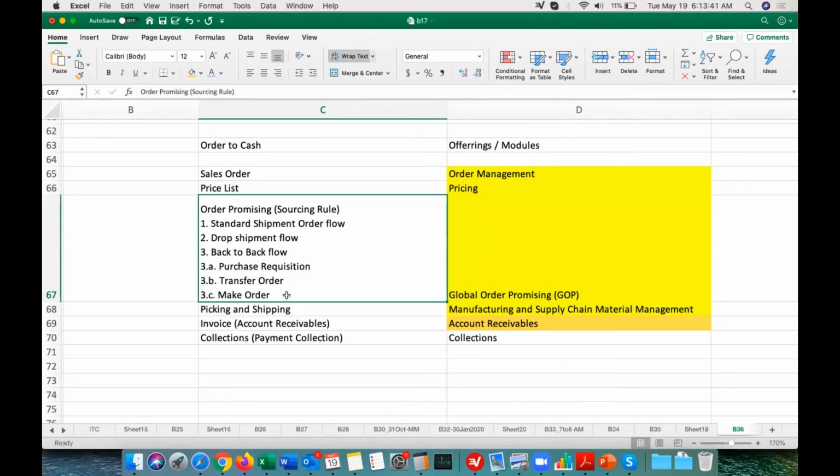Okay. So, in general, if I have to implement an order to cash, I need to buy all these offerings, right? Without that, I cannot. Based on the business scenario, if you take Amazon, it is not going to make any item, right? They are not going to manufacture any item. They may have that business as well, but at a very high level, what Amazon does is receive the order. Some stock they will maintain and ship to the customer, but for most of the items they will request the supplier to do it, and then the supplier will ship that material. So they don't need the make order concept. They can do only purchase requisition and transfer order. That's all. They don't need a make order.